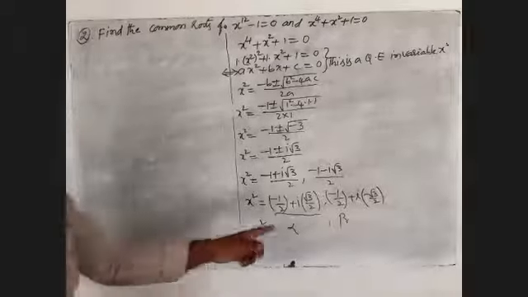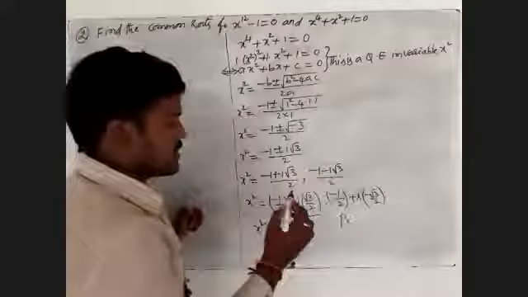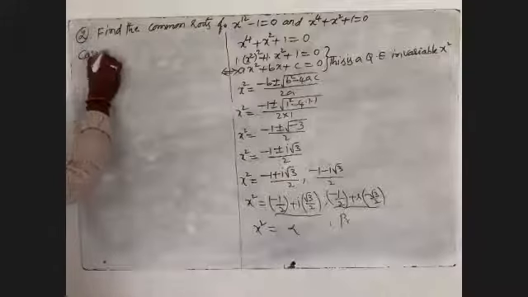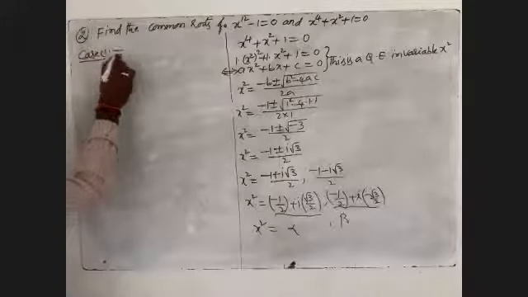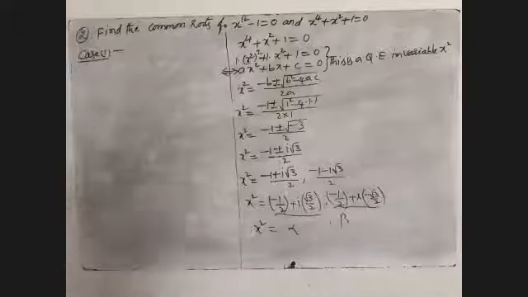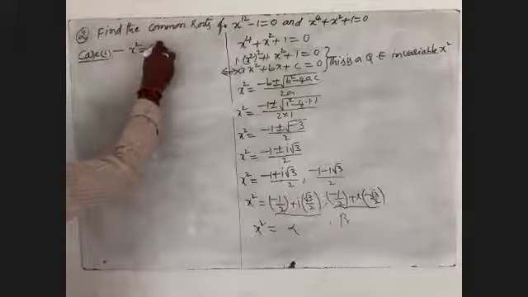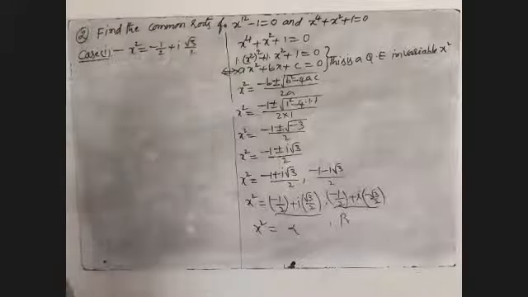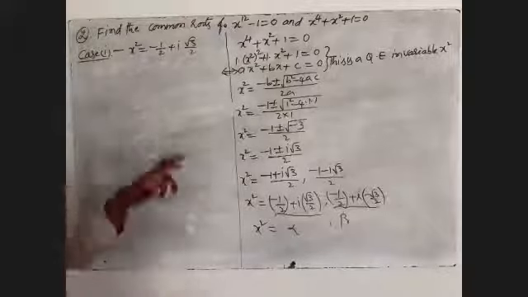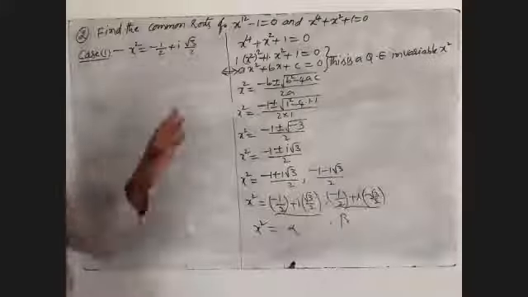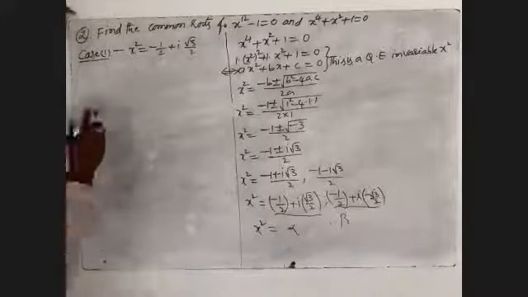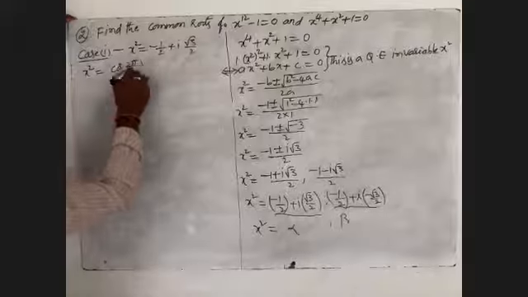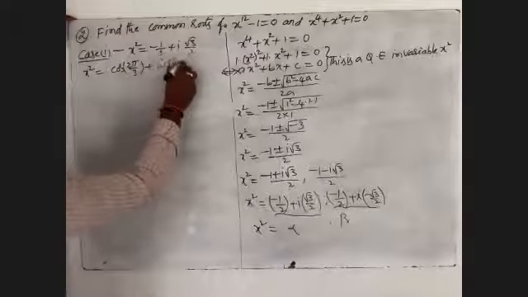Okay, this is one case we'll write. First we'll take case 1. Case 1 is nothing but, what about the value here? x square is nothing but minus 1 by 2 plus i into root 3 by 2. Any complex number is of the form cos theta plus i sin theta. Consider one can be written as x square is equal to cos 2 pi by 3 plus i sin 2 pi by 3.